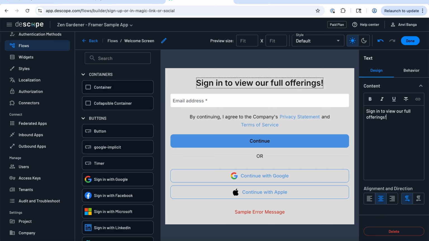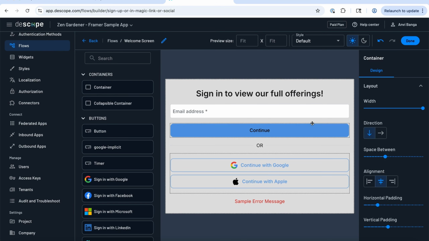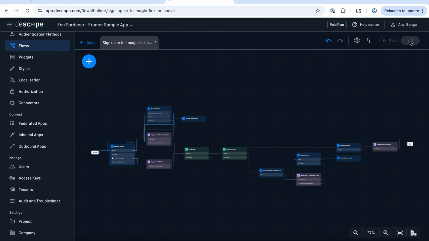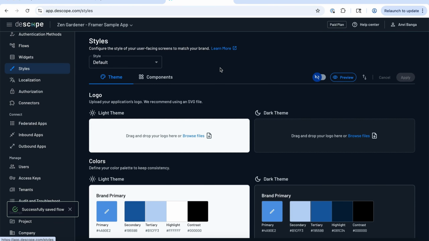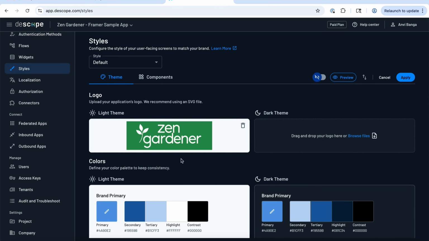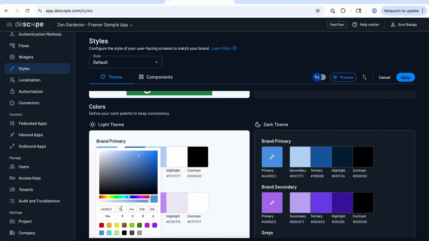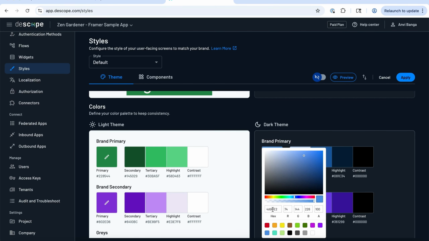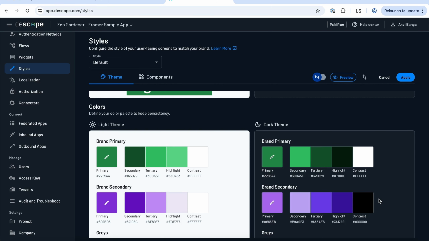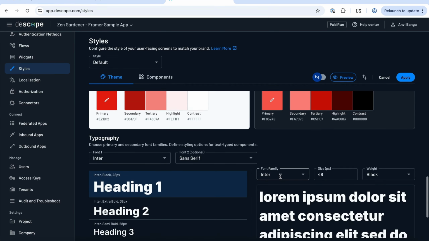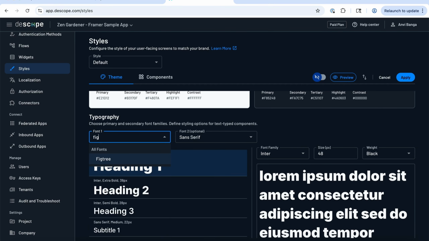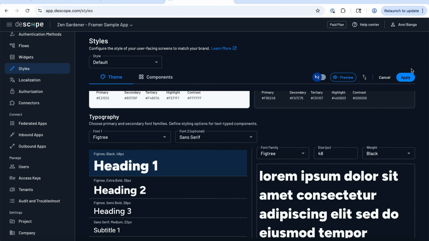Prompting the user to sign in to view our full offerings. And I'll remove this extra text here and save. Now I'm going to adjust the styles to make it match our brand. I can drag and drop my Zen Gardener logo, and then I'll set my primary colors. I know my hex value over here, so I'll set that for both light and dark mode. Then I know that my font on my website is closest to Fig Tree, so I'll set that here and